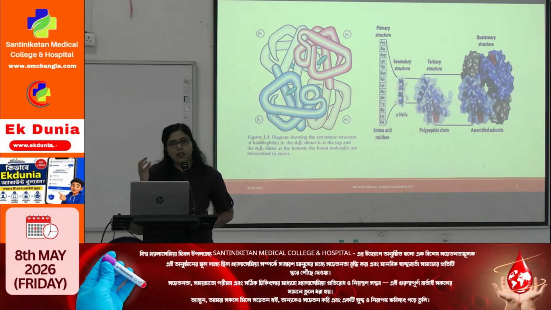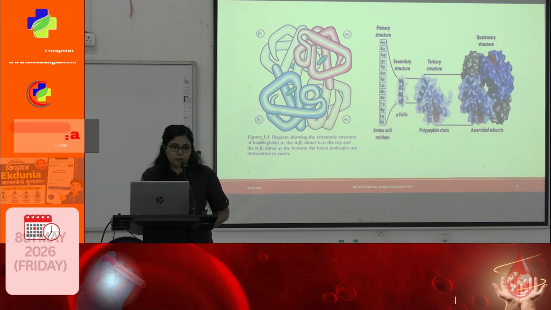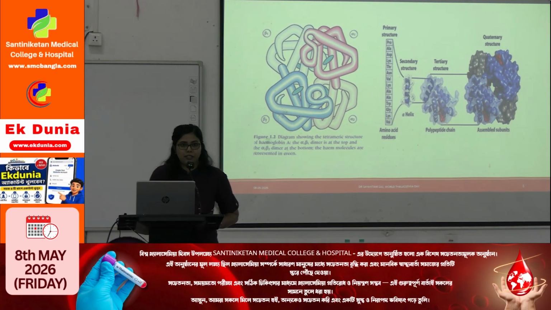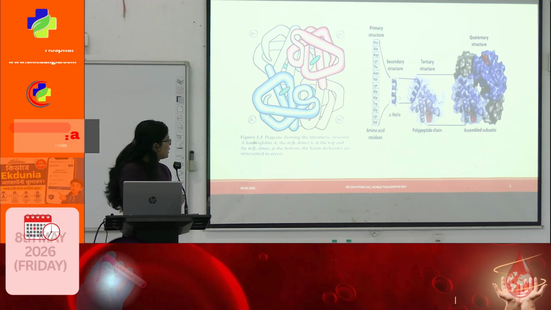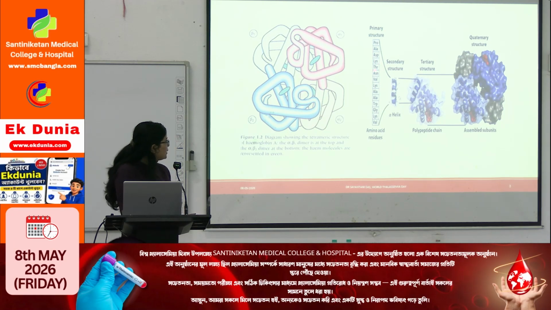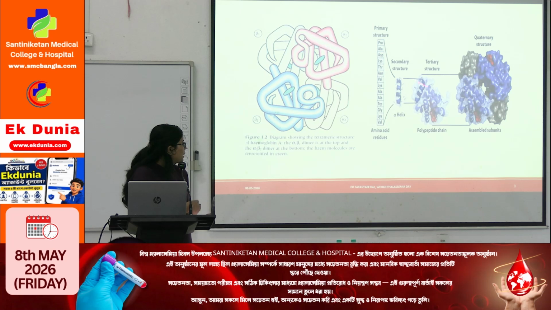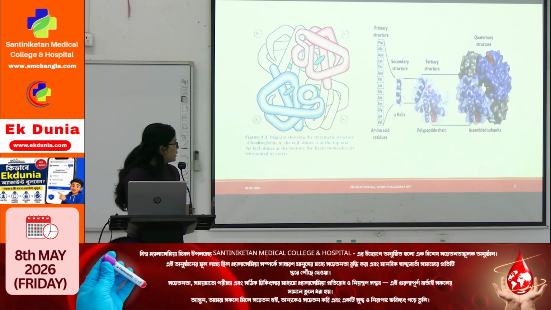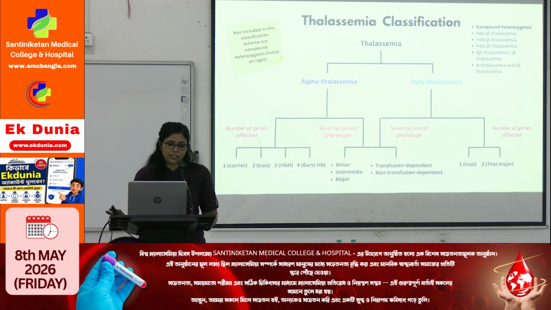Since there are 4 heme molecules in the hemoglobin, a normal adult hemoglobin is capable of carrying 4 oxygen molecules at a time. Whenever there are globin chains, that is alpha chains and beta chains, we will see different forms. This is the primary structure, which is formed by different amino acids. This primary structure forms the alpha helix or the secondary structure, which again forms the tertiary structure formed by the polypeptide chains, and on assembly this forms the final quaternary structure of the tetrameric hemoglobin.